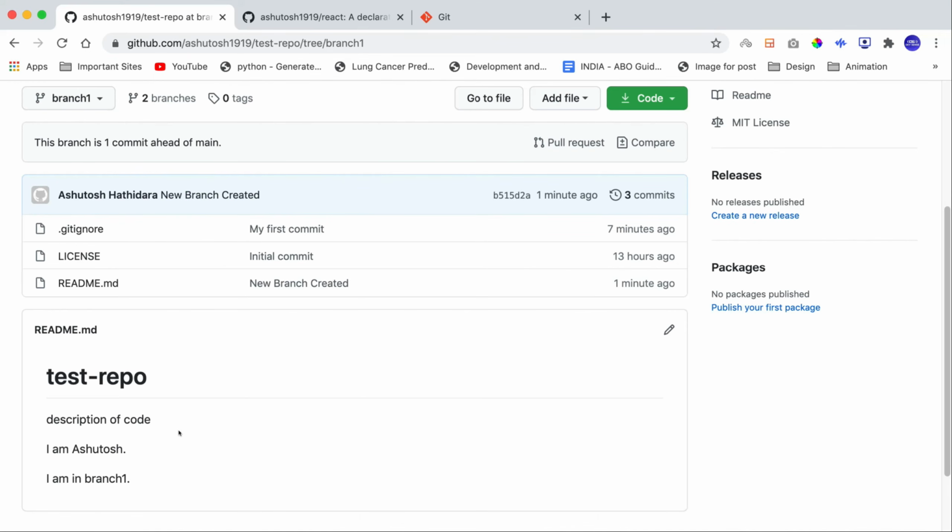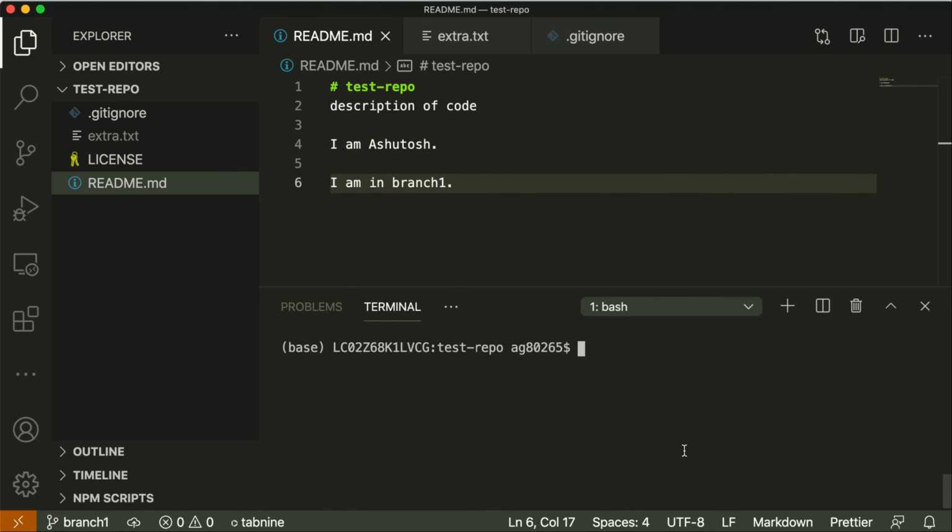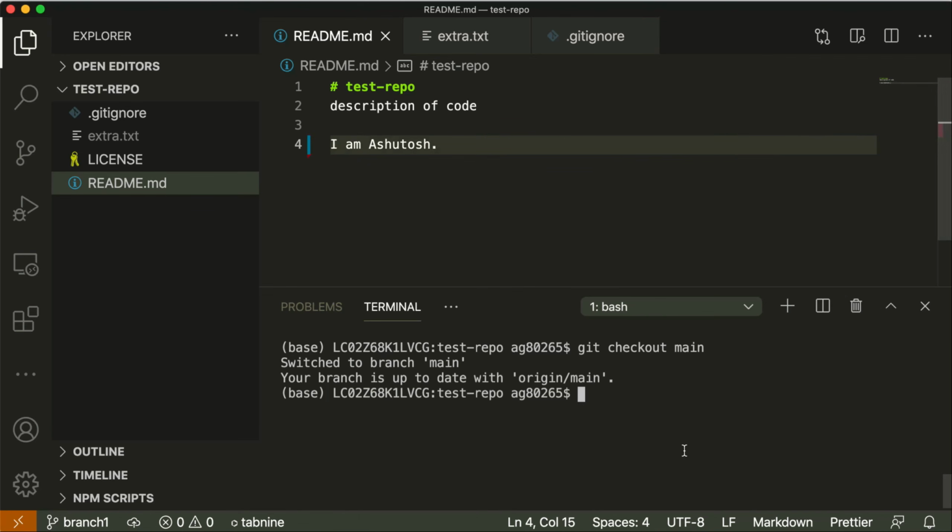So the question comes to my mind that changing the branch is so easy on GitHub just by clicking on branch name, but how to change branch in my local repository? You can do so using git checkout. Remember, we have created branch using the same command. So to create a branch, you need to put -b after git checkout. But if the branch already exists and you just want to navigate to it, then just run command git checkout and branch name, that is main. By running this command, we navigated to main branch and the content is changed based on the branch.